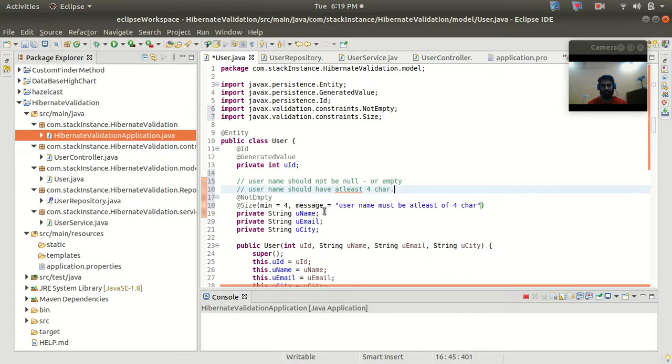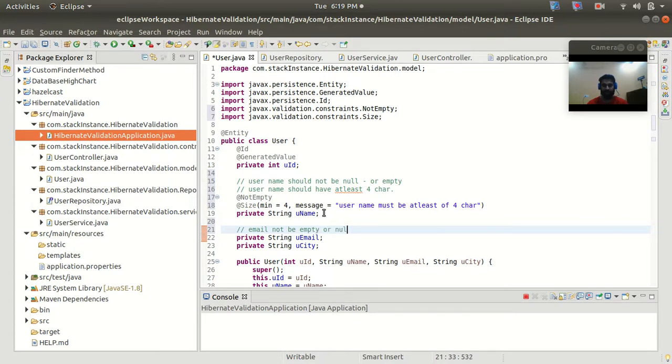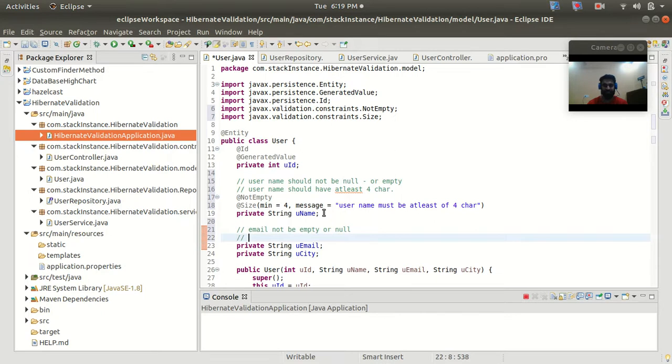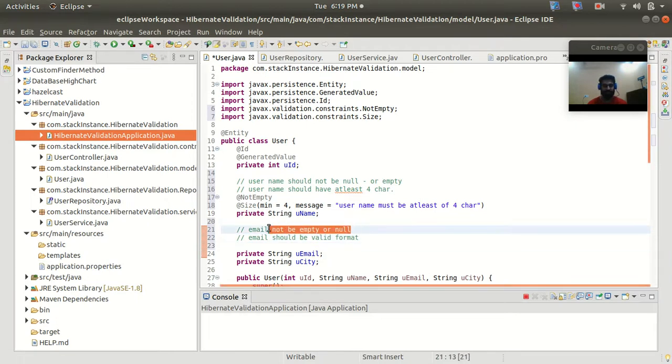Now let's see the conditions for the email. In the same way, the email should not be empty, right? Email should not be empty or null. So this is the first condition. And the second condition, I want the email to be in a valid format, and also the email should not be empty or null. So for the first condition we can simply use @NotEmpty,